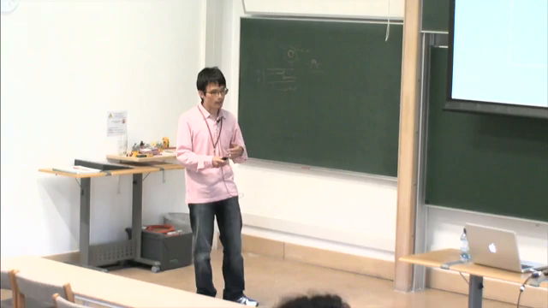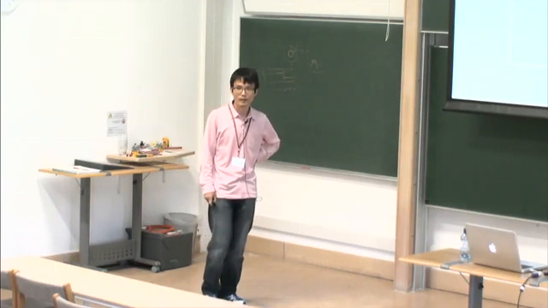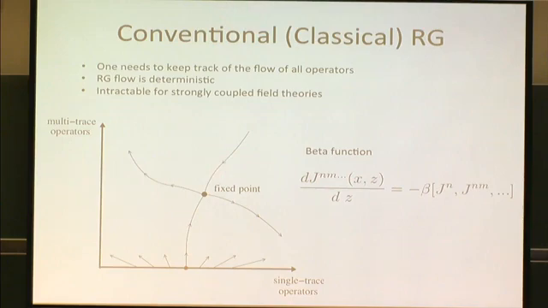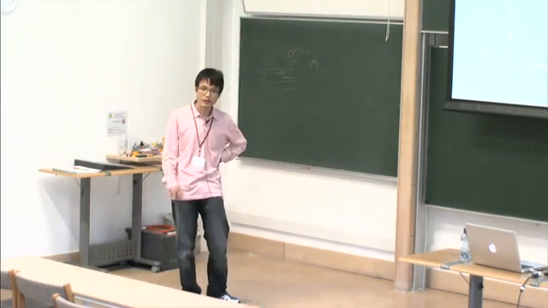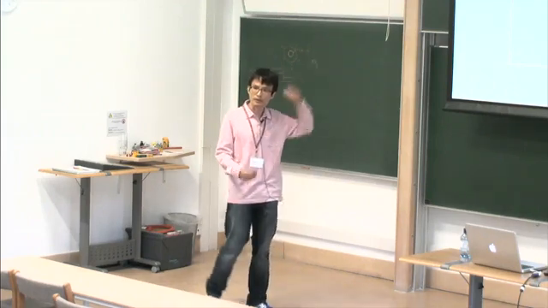However, the problem is that you have to include all multi-trace operators in your RG. So the RG trajectory is perfectly classical, and it obeys a first-order differential equation. But in general, the IR fixed point exists away from the theory where you have only single trace operators. So this plane symbolically represents the space of theories, where this represents a theory where you have only single trace operators, where this is a multi-trace deformation, and then your IR fixed point exists far away from this plane. That means you really have to solve beta functions for an infinite tower of multi-trace operators.